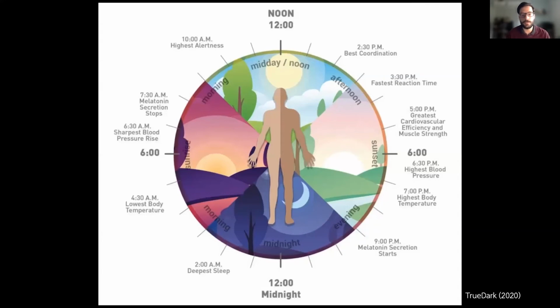Processes like hormone secretion, for example, at certain times, at day or at nighttime. So, for example, you can see that the best coordination is in the afternoon. We have blood pressure, which is controlled by the sun or the circadian rhythm. We have the body temperature, which reacts to it. So our whole body reacts to the circadian rhythm, in fact. And this is all done through hormone secretion.